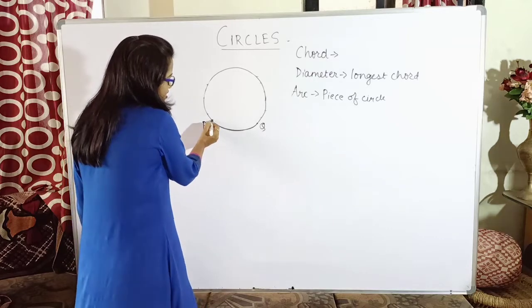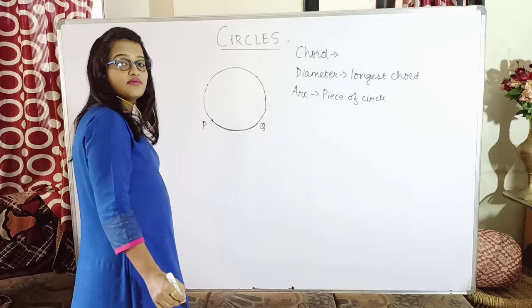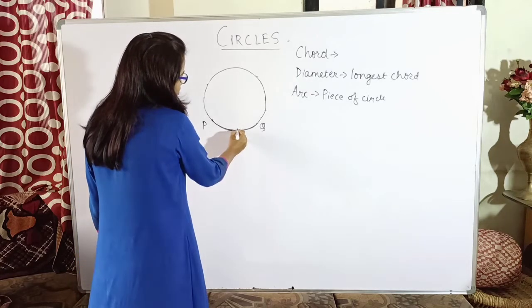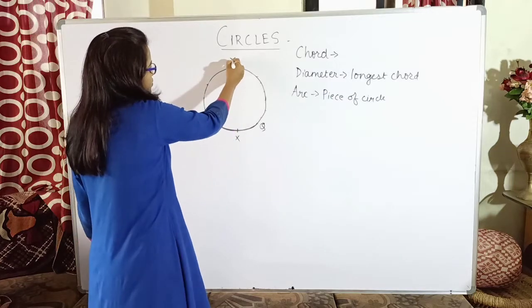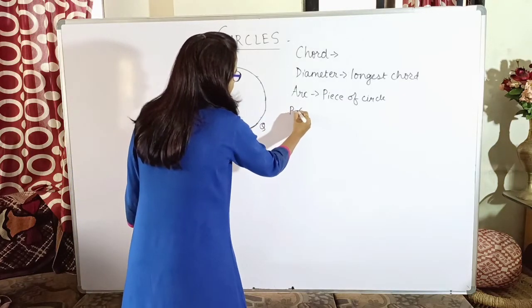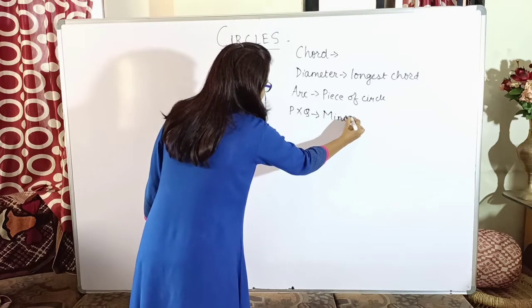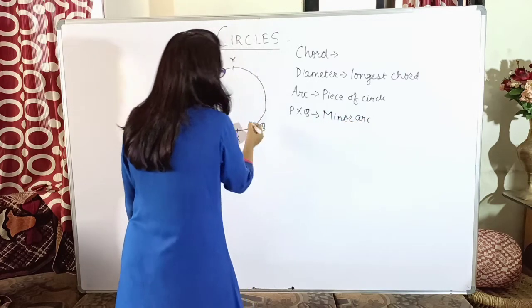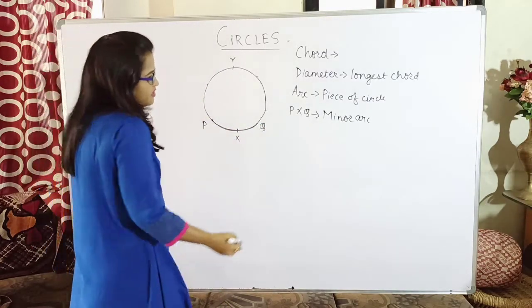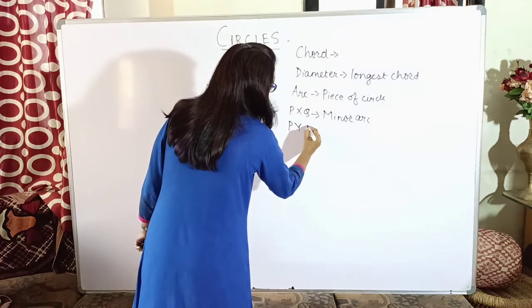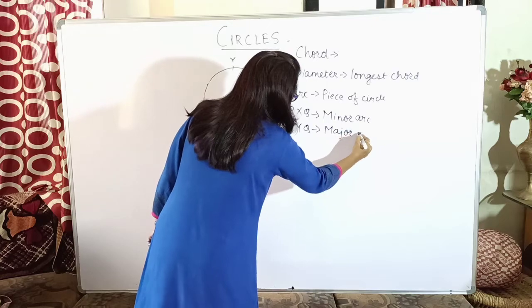If you are measuring the part of the circle by this side, so this is called as minor arc. So you have to take some point also. Suppose I take a point X here and here a point Y. So I can say PXQ is a minor arc depending upon the length. As you can see, it is having a smaller length, whereas the PYQ is having the bigger length. So it is called as major arc. So major and minor arc is a part of circle.